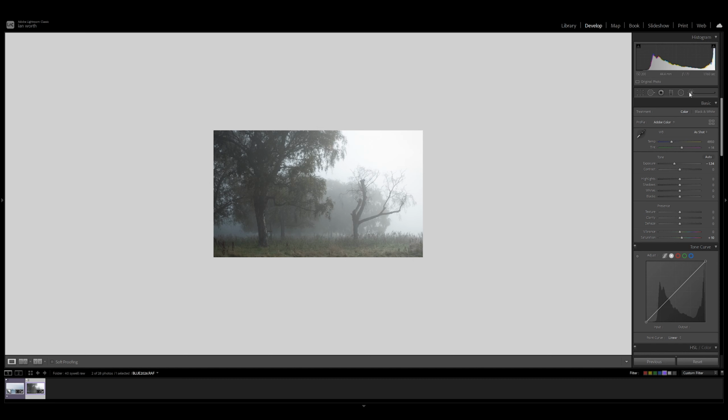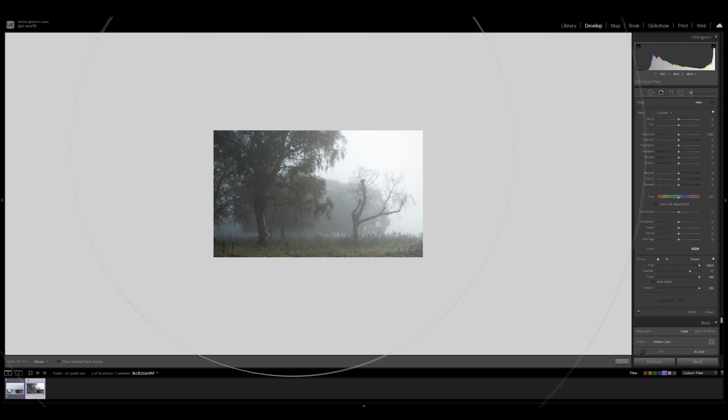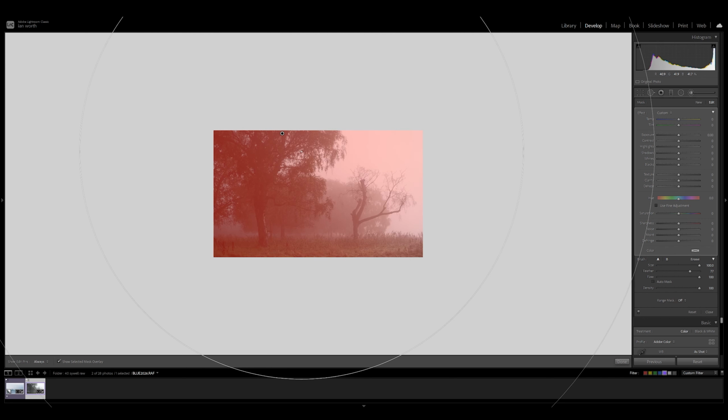And then what we're going to do is grab our adjustments brush, and you'll see here that my brush is huge, and if you look at the size, it's 100. So as you can see, when I click on my image here, the adjustment brush is covering the whole of the image. So if we press O on the keyboard, that orange layer there is showing us everything that's painted